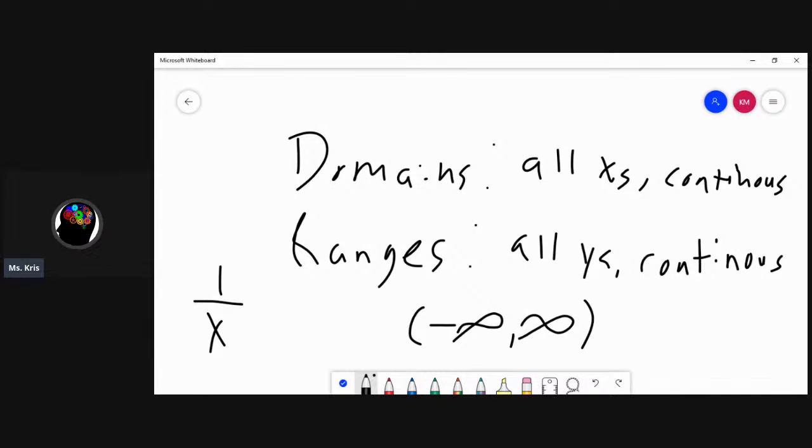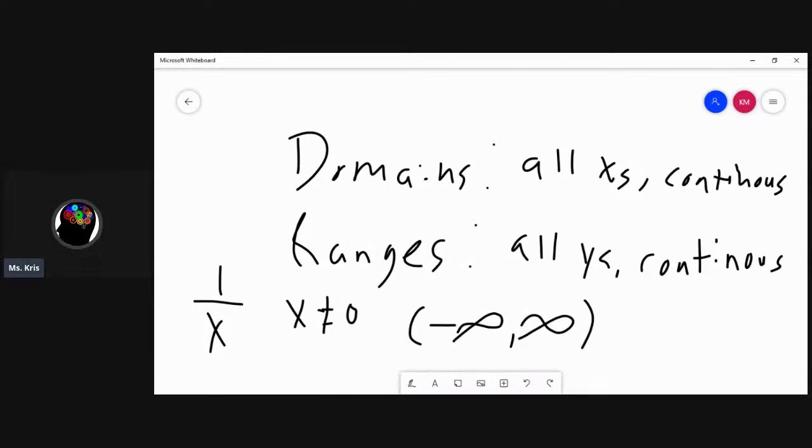Well, of course, the only x that will make this function undefined or have a blip in it would be where x equals 0. So the domain of this type of function is either you can put x cannot equal 0, or